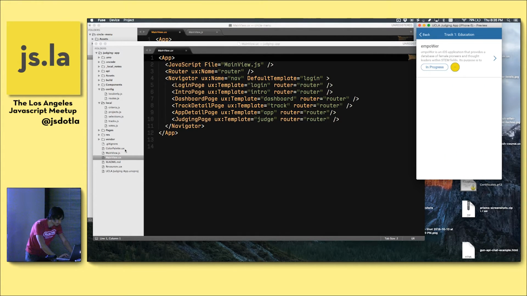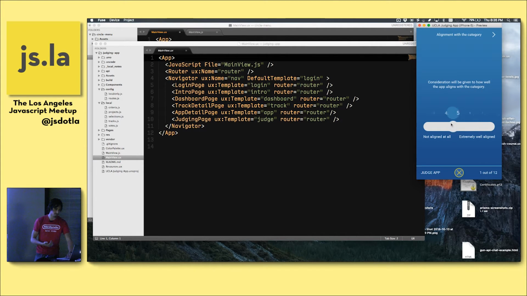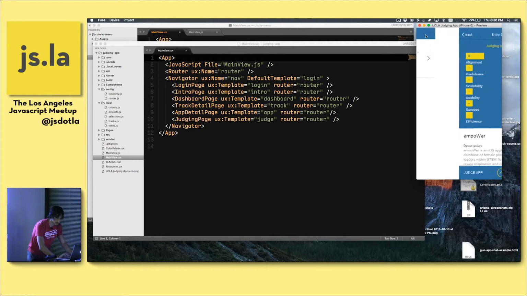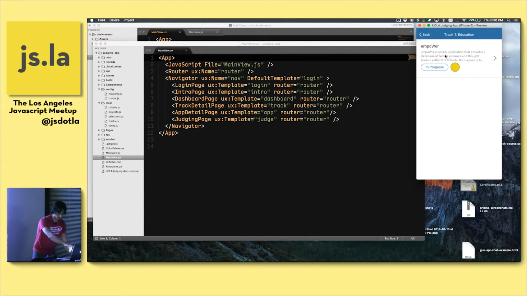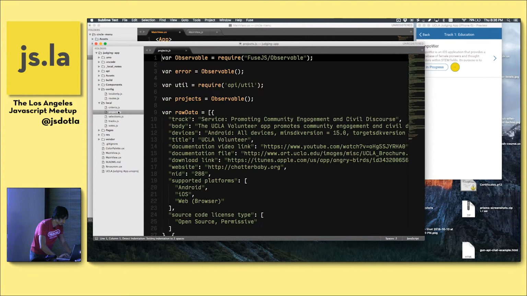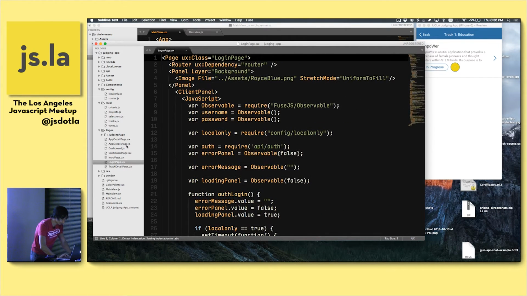And then this app also has a, let's see. Every app that judges evaluate has 10 scores. And if you go here, there's a custom slider component that was written with UX markup. When you set the score like this, it'll show up here. And when you've completed everything, it will show up here as your average score for everything. All of these different views and pages are linked together with these different UX markup tags and things like that.